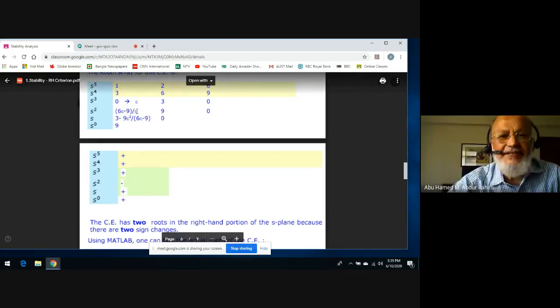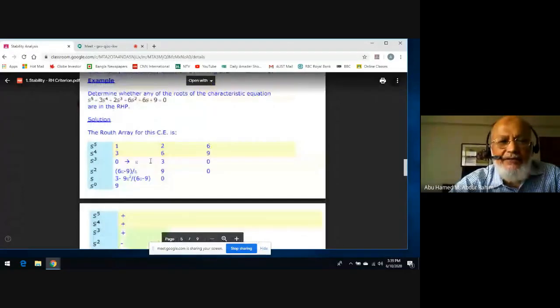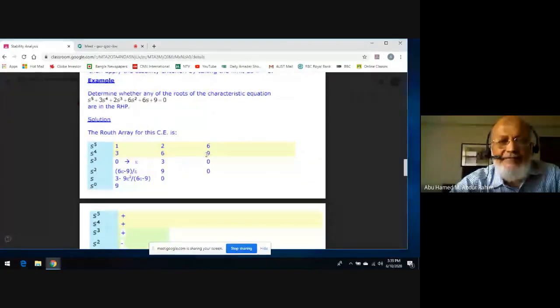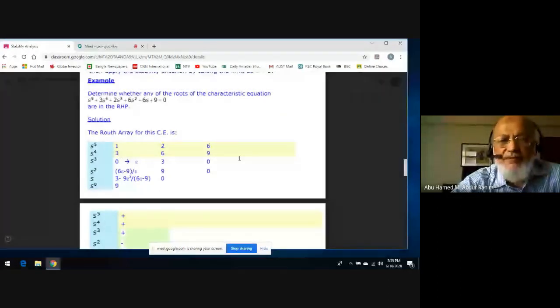We just leave it here. Okay. We go to the next one. What will be the value of the next? Tell me. See if you get 9. Epsilon times 9 minus 3 times 0 divided by epsilon should be 9. Okay. After that is the same way. Epsilon times 0 minus 3 times 0 divided by epsilon. 0 divided by epsilon is 0. So it continues 0, or don't write anything.